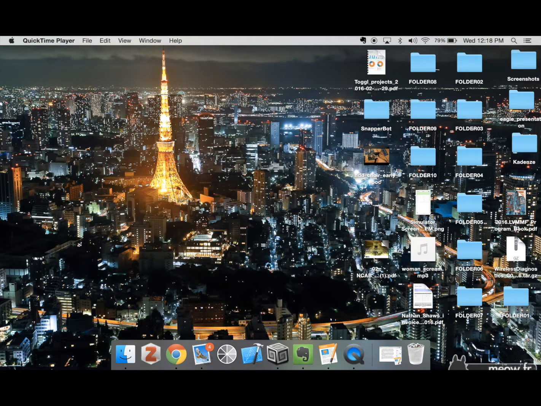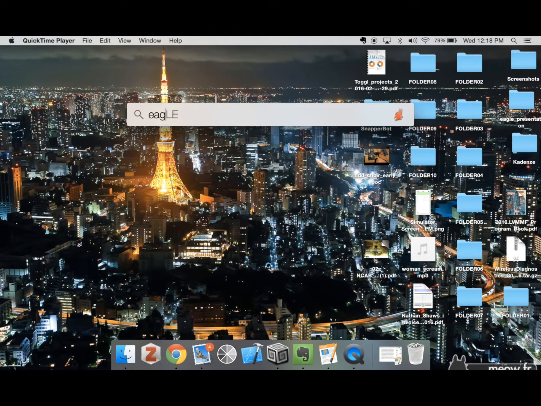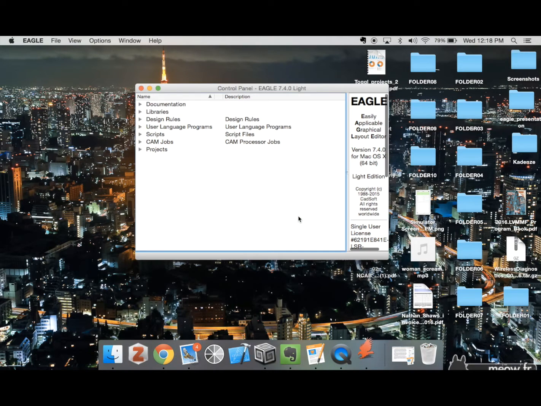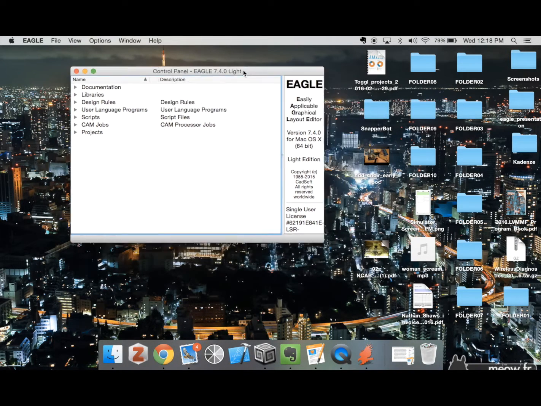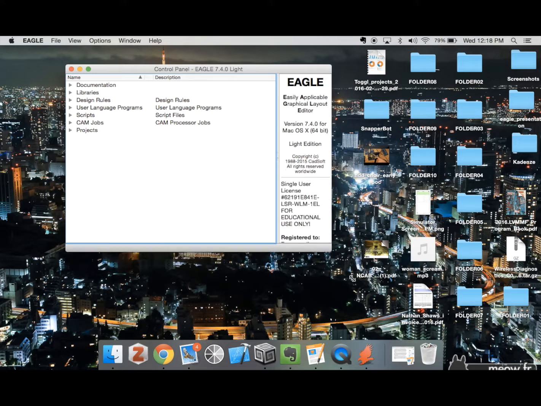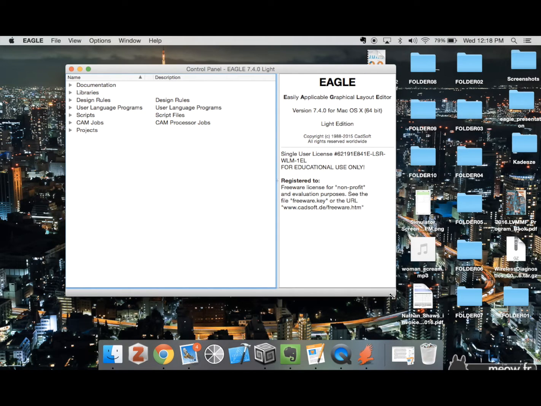Hey guys, so this is just going to be a quick tutorial on basic Eagle workflow here. We're going to basically create a board, create a schematic for it, send it off to the fab, and I'm just going to walk you through the basics of how to do a super basic project. So once I open up Eagle here, I'm going to go to File and New, and